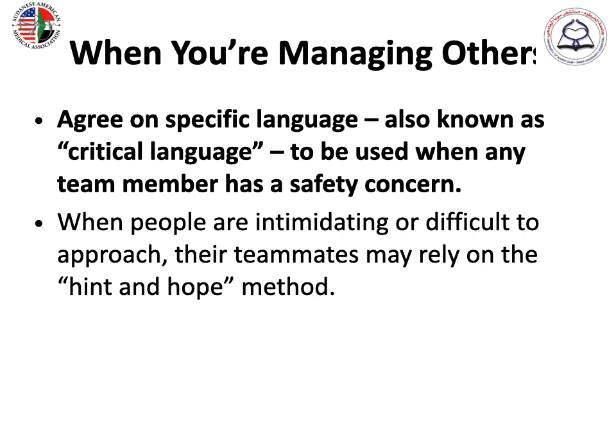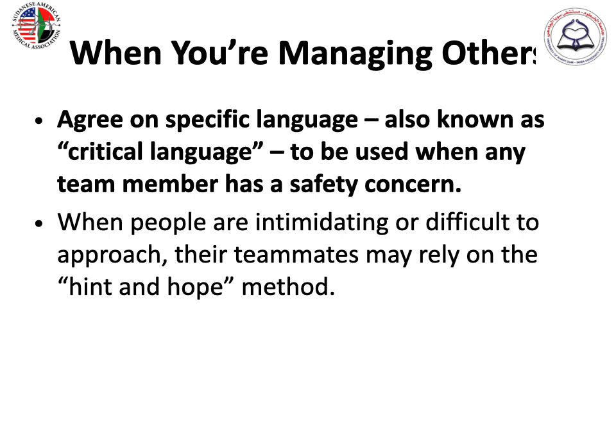When managing others, sometimes we need to agree on a specific language. This is known as critical language, to be used when any team member has a safety concern. When people are intimidating or difficult to approach, their teammate may rely on what we call the hint and hope method. Rather than saying, hey, we are about to operate on the wrong arm, they might instead